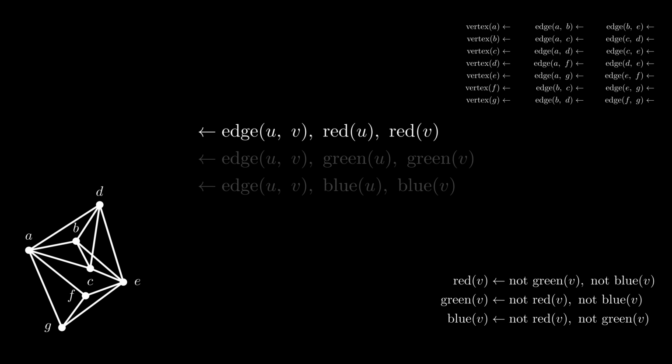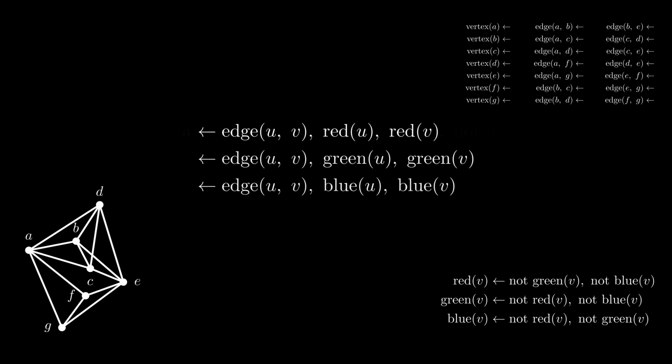Wait. How is nothing in the head of a rule a contradiction? Is that even a proper rule? Well, I'm slightly cheating here. If a rule has no head, we say that applying it yields a contradiction. We could easily do this in a proper way. Do you remember these rules we've seen before and which doesn't have a stable model? Well, we can incorporate it in our edge coloring rule, like this. And now you can check for yourself that if this rule is applied, then it cannot lead to a stable model.